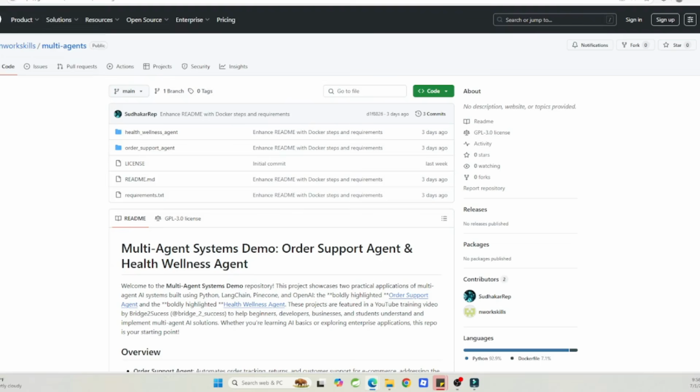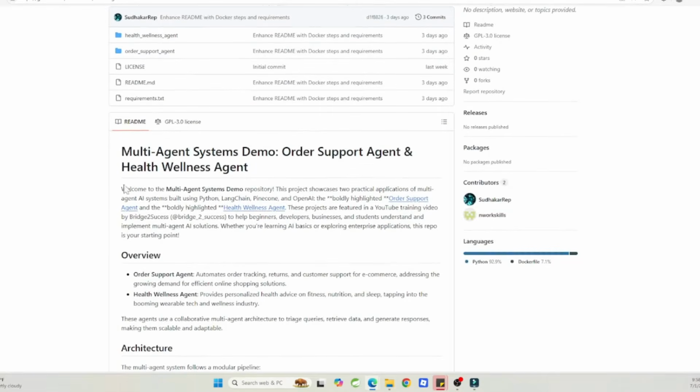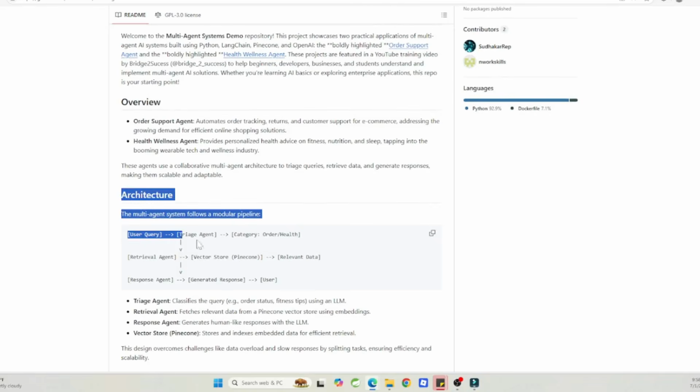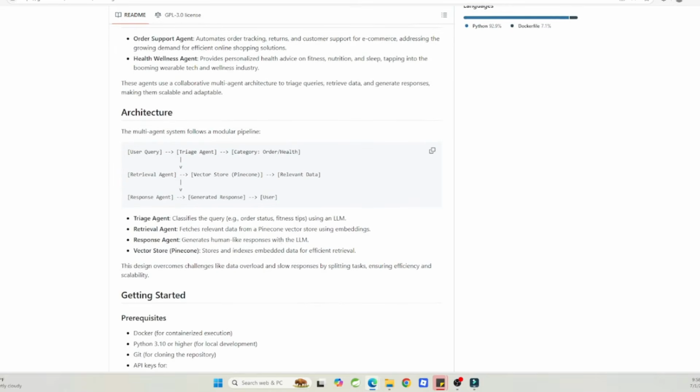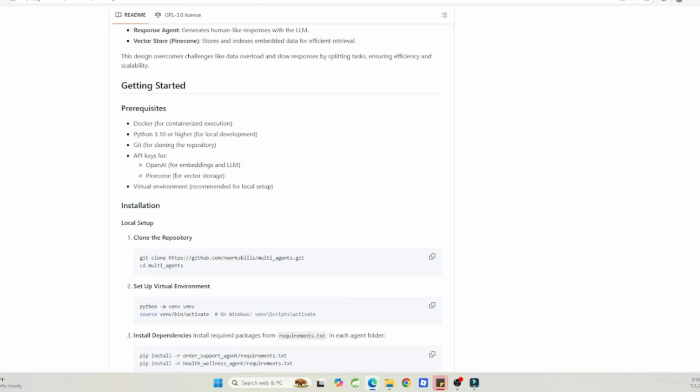Okay, so let's go to our repository, multi-agent. This is the readme file with complete information: multi-agent system demo, order support agent, and health wellness agent. The overview talks about the order support agent, the health wellness agent, and the architecture, and what all the agents are getting used: triage agent, retrieval agent, response agent, vector store. And to get started, prerequisites and installations: the GitHub command